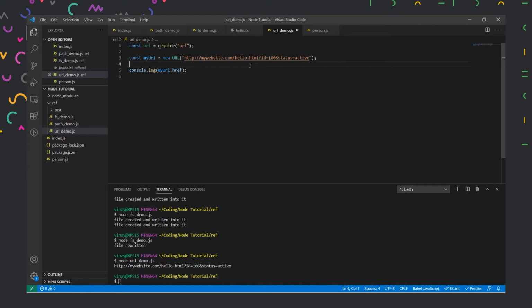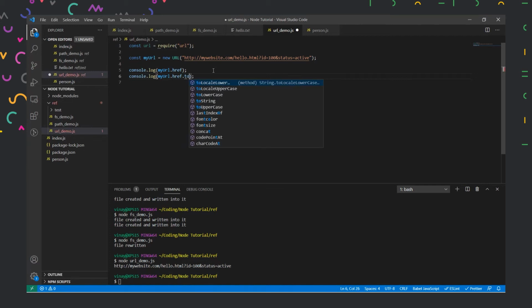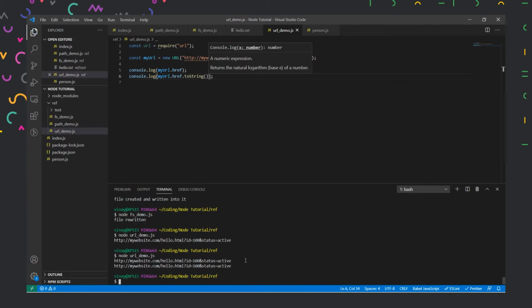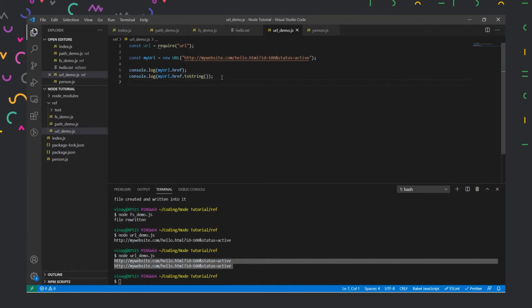This URL is a serialized URL, and we cannot access it and make changes to it however we want. To make changes to it, instead we can convert it to a string. To convert it to a string, we'll use the functionality called toString, and then we will run it. What happens is the same thing is displayed, but this is now a string data type. Instead of a URL object, we are getting a string now. And then we could use all the string operations, like we could add to the string, or add some other parameters if we want. All of this is possible now. And now let us use some other possible URL methods.